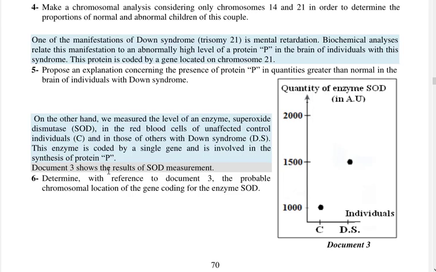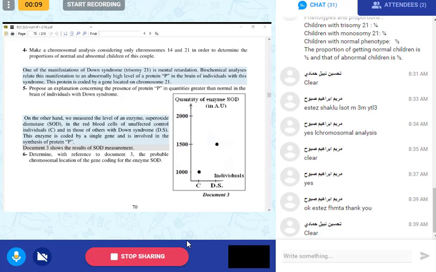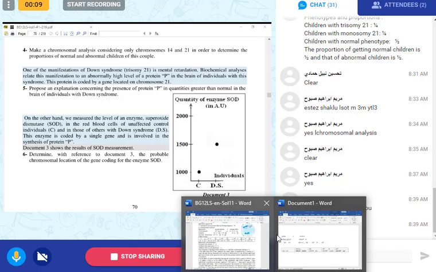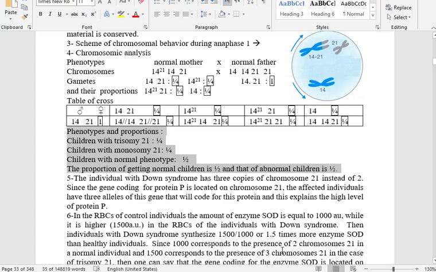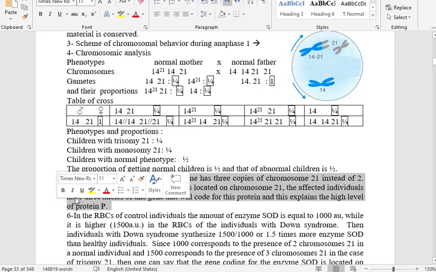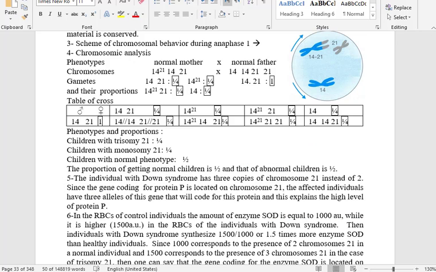Now, propose an explanation concerning the presence of protein P in quantities greater than normal in the brain of individuals with Down syndrome. Why do you think children with Down syndrome have a high level of this protein in their brain? Let us try to propose an explanation, like a kind of hypothesis. If we look here, they say